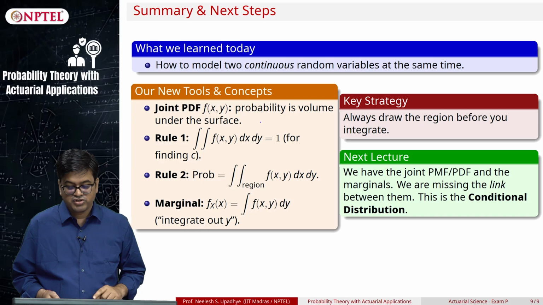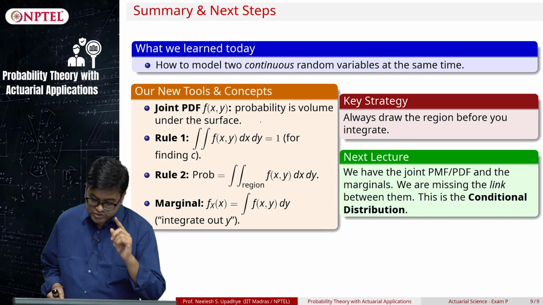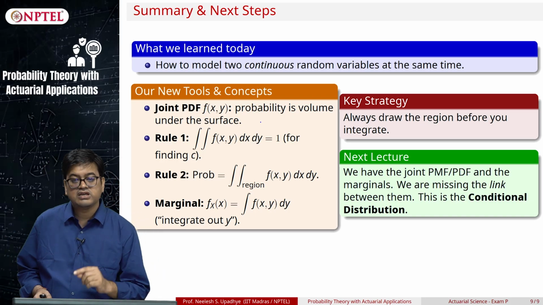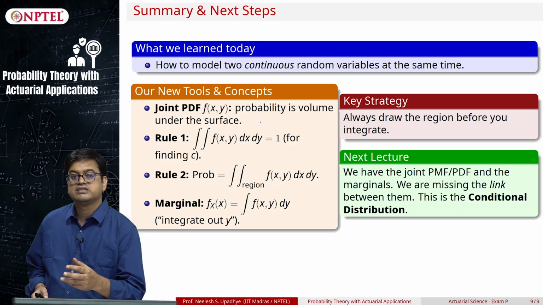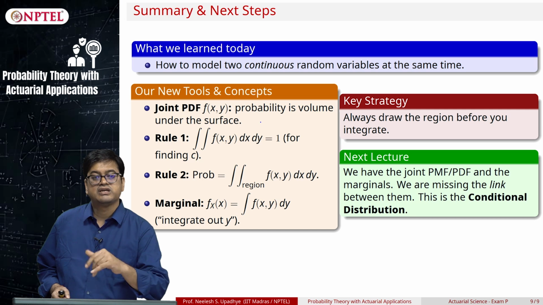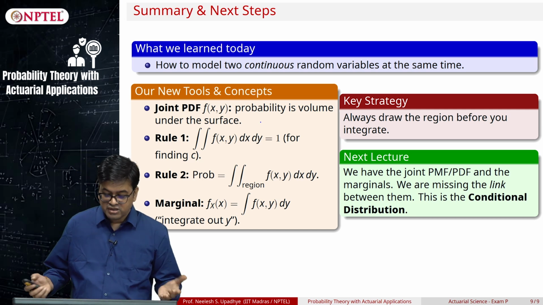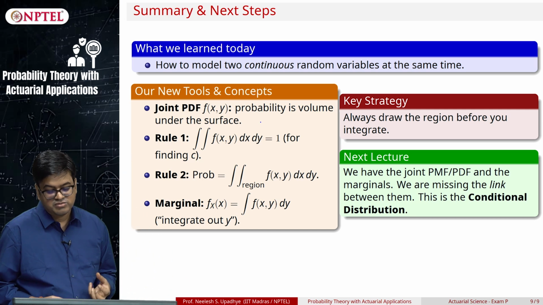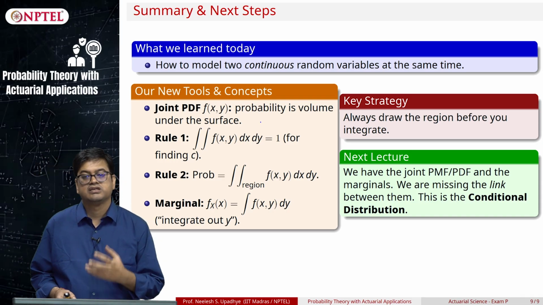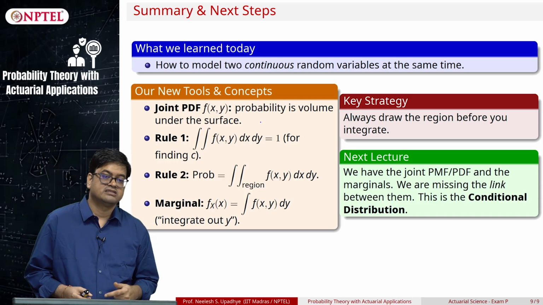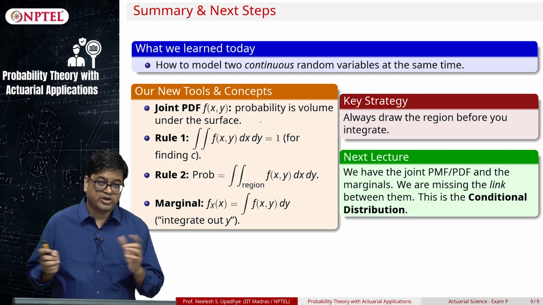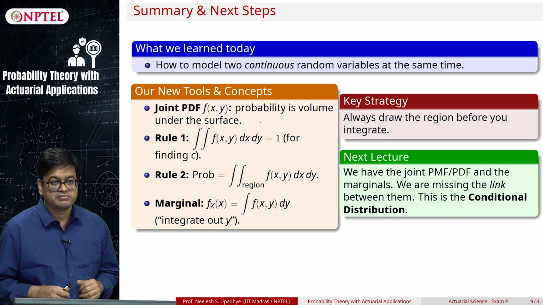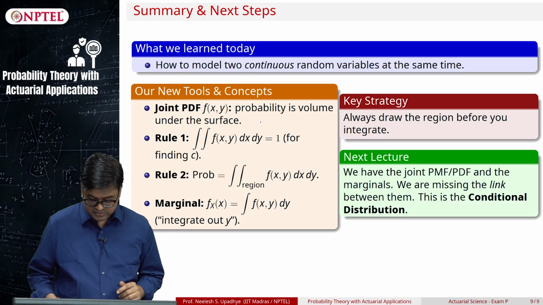Next we will look at how to link joint distributions to conditional distributions. Given there is a fire claim, what is the probability that there will be a home claim? All these questions can also be answered when you study conditional distributions. In the next class, we will look at these distributions and master the joint distributions altogether. See you in the next class.